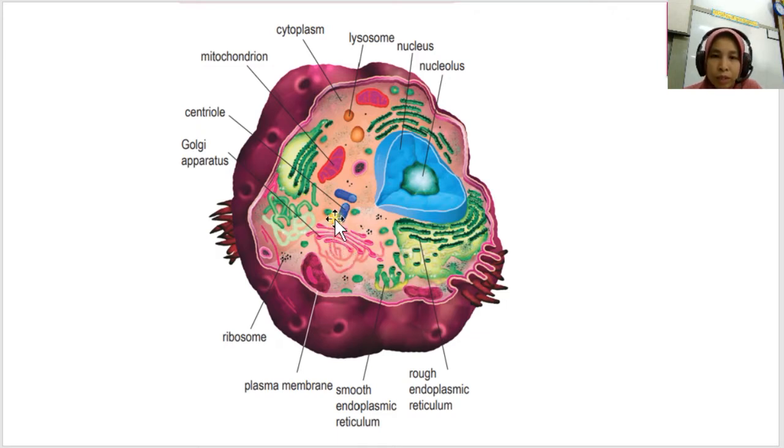Okay, then this one, alright, so it's a cylindrical tube. This is referred to as the centriole. And then this one,